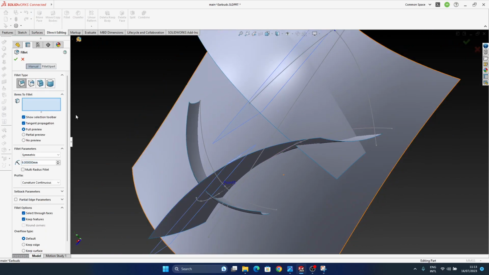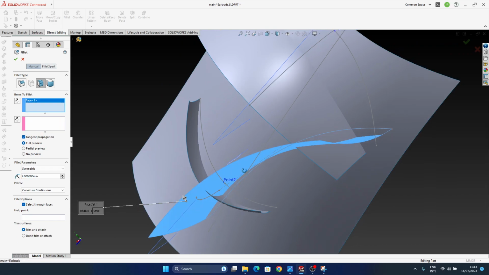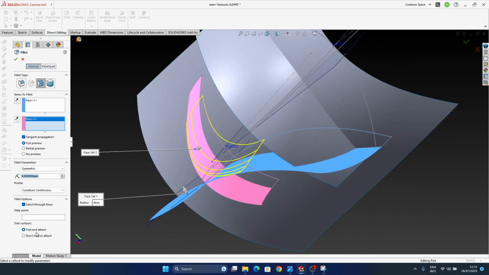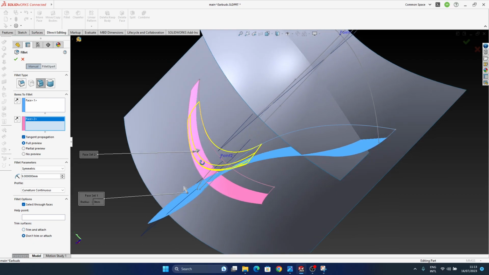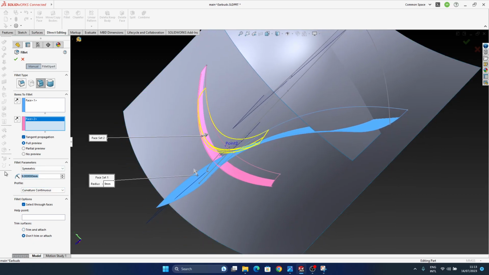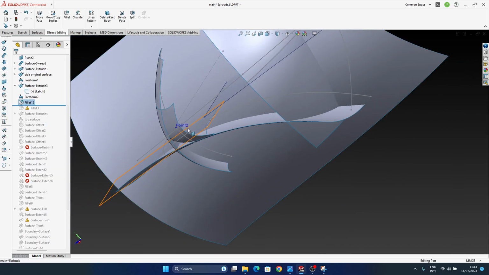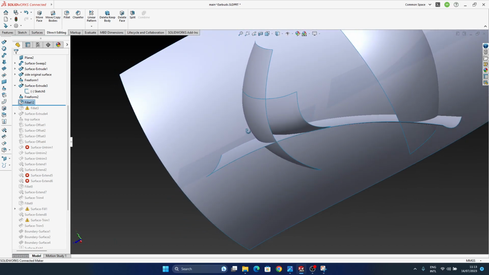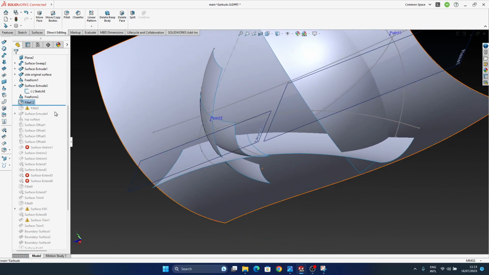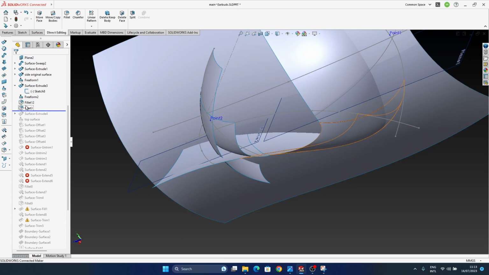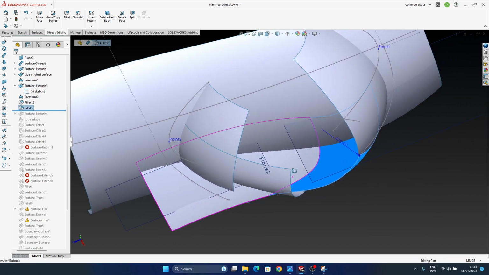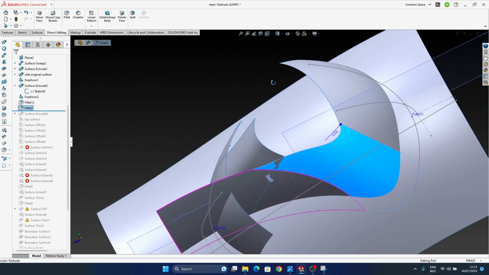So between this surface and this surface, I do not want trim and attach, and I will want 7 as it was before. There you go, so we have them in here without being trimmed, without anything like that. So I'm going to the next fillet, which is this one in here, which now did work simply because